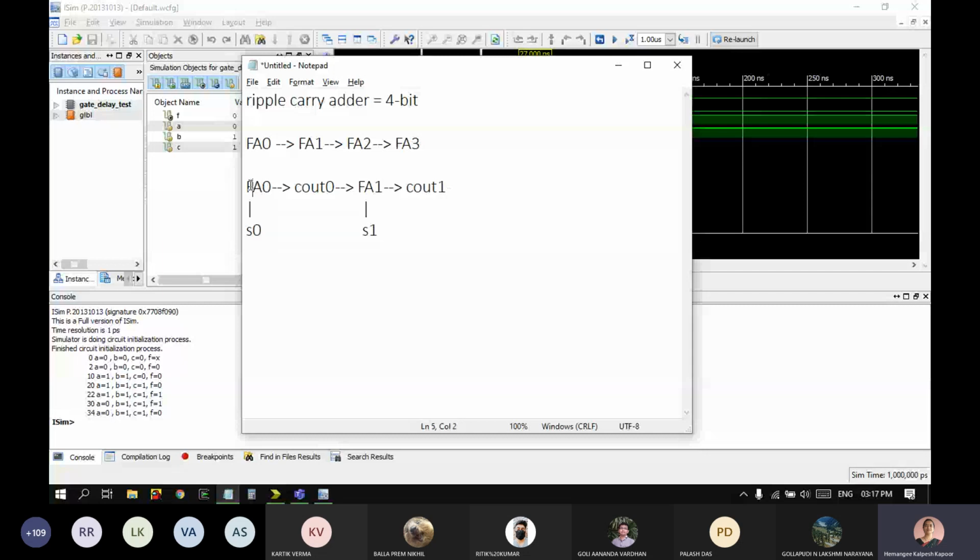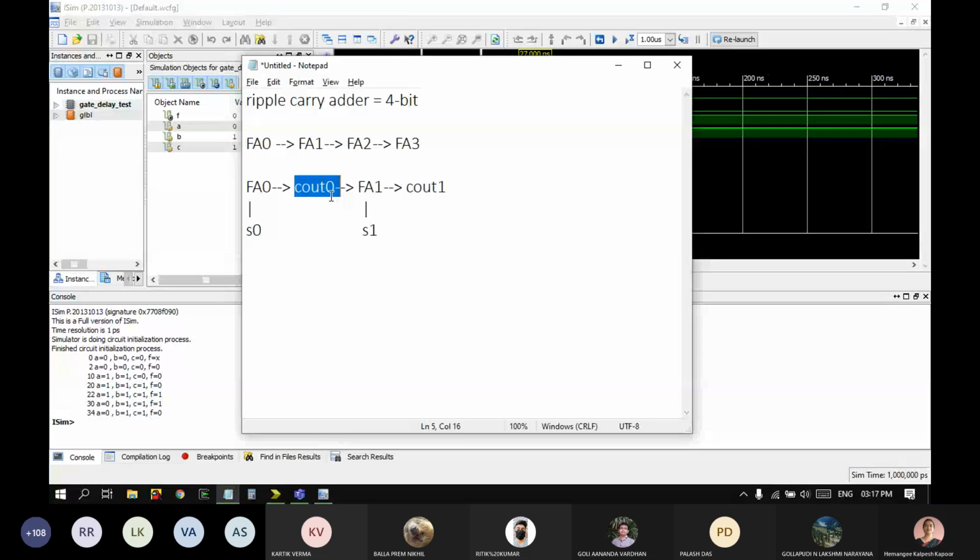assuming my carry in is 0. So in the beginning, when you give this, the S0 answer will come instantaneously, but FA1's answer will come later. So FA1's answer is S1 and C out 1. These will come, the final answer, when the C out 0 has already reached it. If it doesn't reach, it will assume it as 0 or some old value, and create S1 and C out 1. It will create the carry out and the sum out, but these may change if the C out 0 coming to it changes. Seeing the effect?